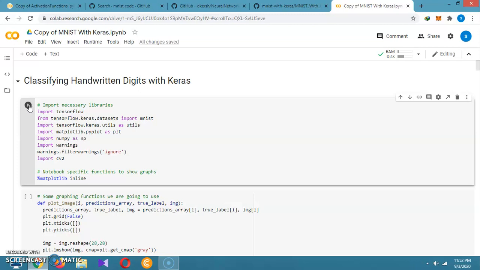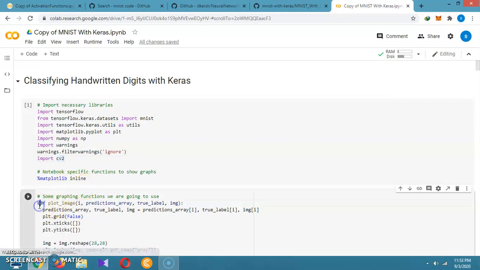TensorFlow is used for scientific purposes, and Keras is one part of that. So we are loading the MNIST dataset from tensorflow.keras.datasets import mnist, and NumPy as np and CV2. If any warning comes, we use the ignore function, and matplotlib inline.